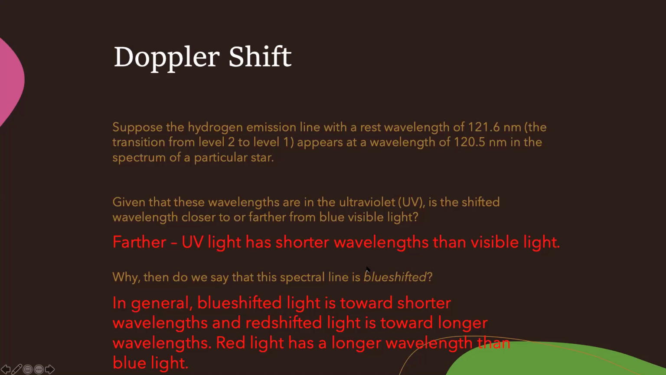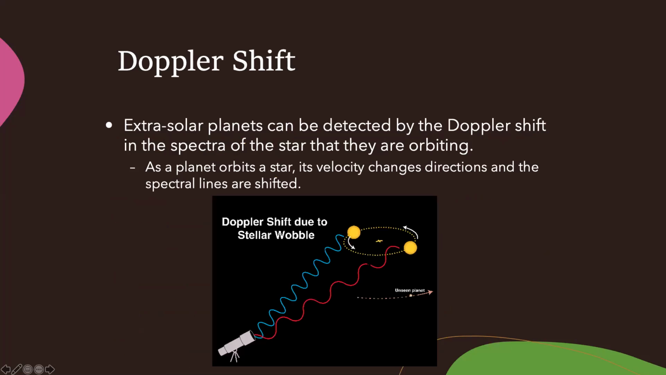So how is this useful to us? Well, when we look at stars, we can use the Doppler shift to help us find extrasolar planets, right? Planets that are orbiting other stars outside of our solar system. And we do that by looking at the star that might have a planet orbiting it. And if the alignment of the star, if the plane in which it's wobbling